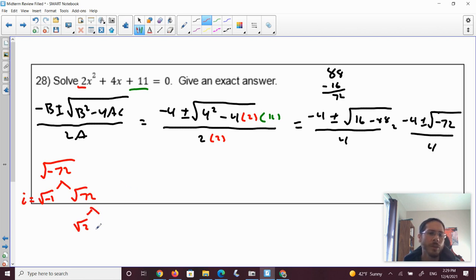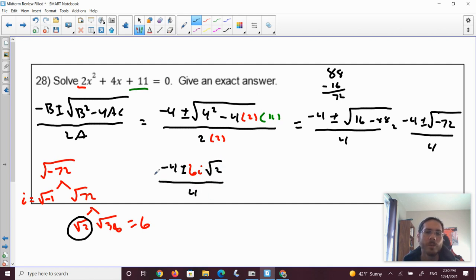But I think 2 and 36 is going to be the best way to do it because I do know the square root of 36. So the reason I picked these two is because I know the square root of 36, not for the 2. The 2 doesn't help me at all. The 36 does help because I know the square root of 36 is 6. So we can actually simplify this a little bit more into negative 4 plus or minus i and 6. That's 6i. I still have the root 2 left over. So I still have root 2 right here,